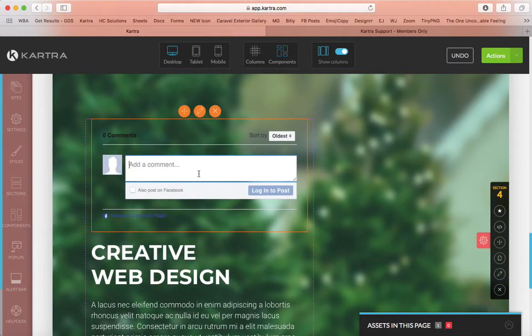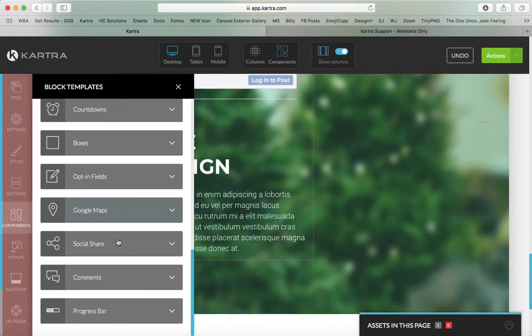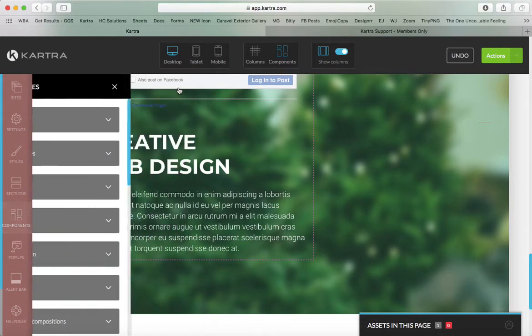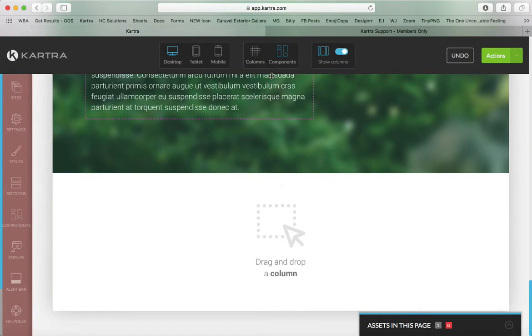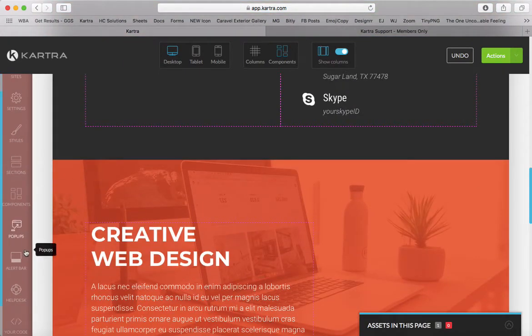So people could put comments here. It would show up on this page and then also on Facebook. Those are the ones that I use the most. Trying to keep it simple. Let's see. So now we've gone over the components, and we'll talk a little bit about some other